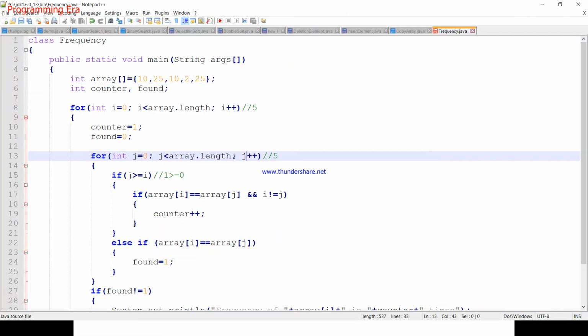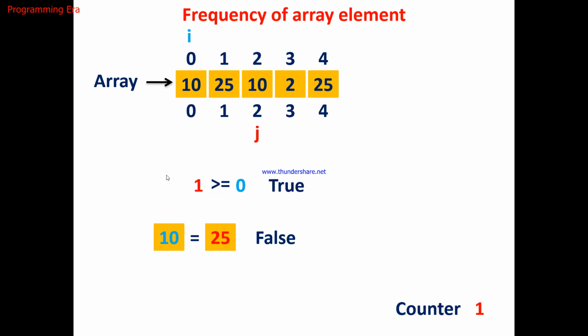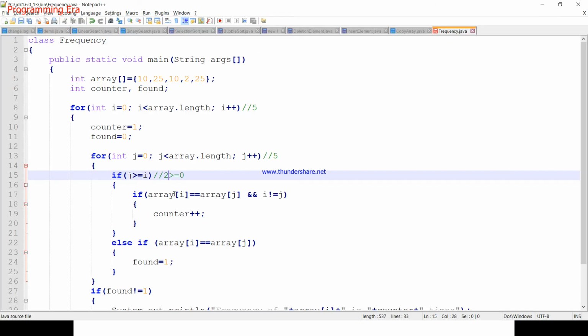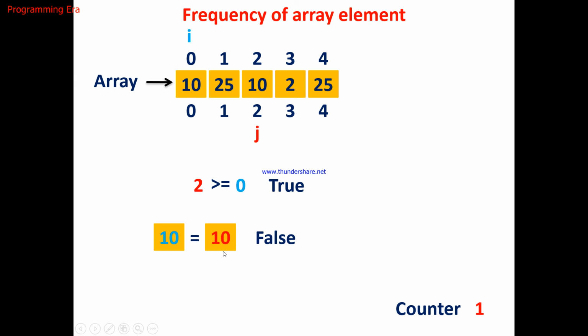j becomes 2 now. 2 is also less than 5. Now we'll compare j, 2 is greater than 0. This condition is again true. Again we'll come inside this loop. Now the second position element is 10. Array ith position is 10 and jth is also 10. This condition is true.